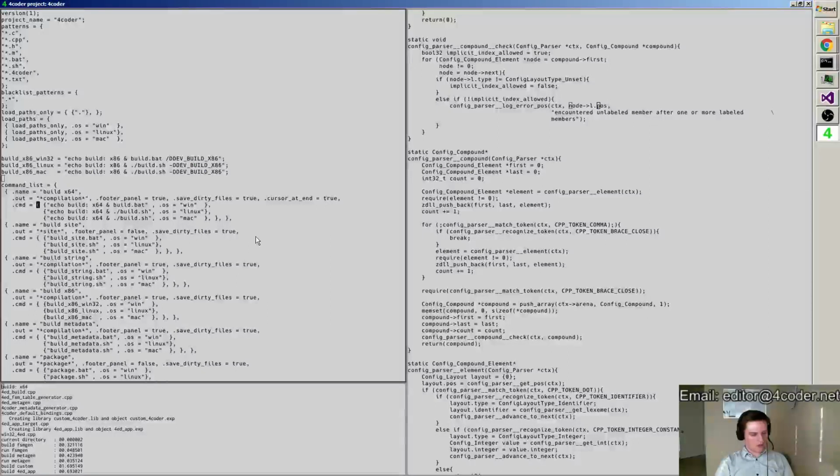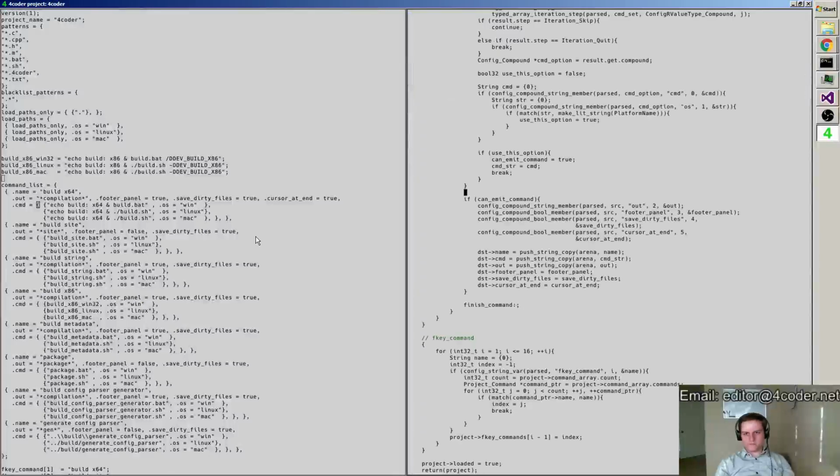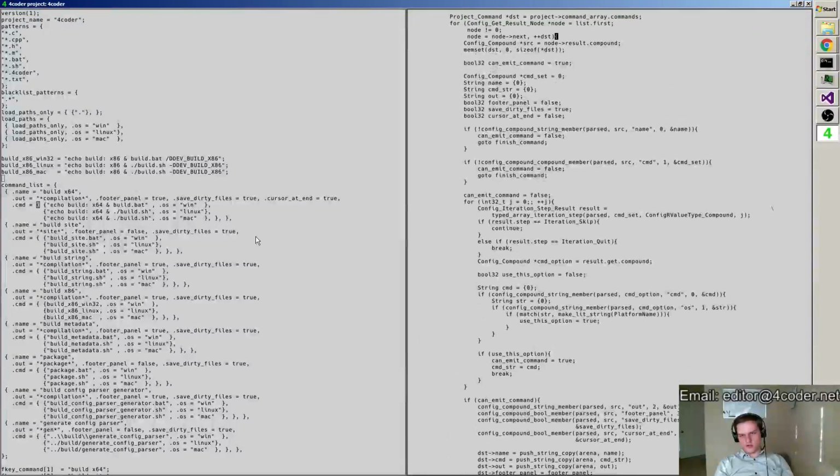So that's one of the two places where I wanted to introduce extra, helpful errors. What was the other thing I wanted? I felt like it was during actual extraction. There are certain places where, especially during a project extraction, go to can emit command. Right, so if either of these